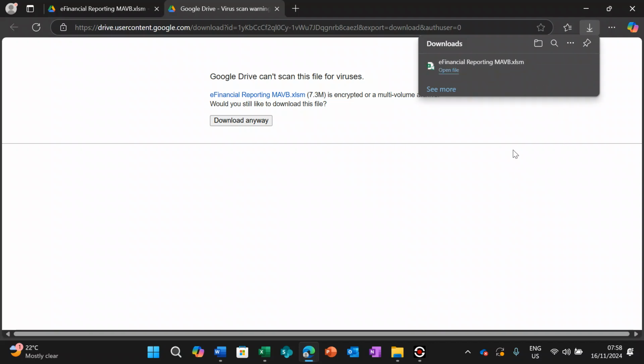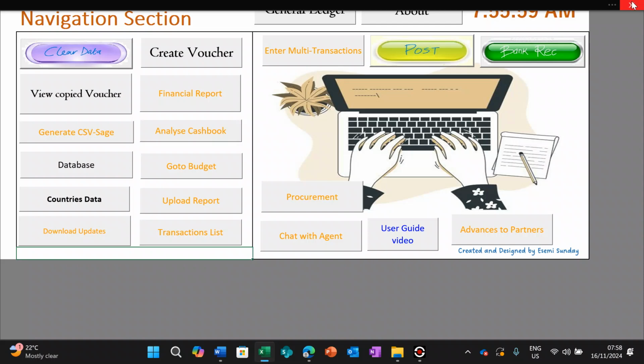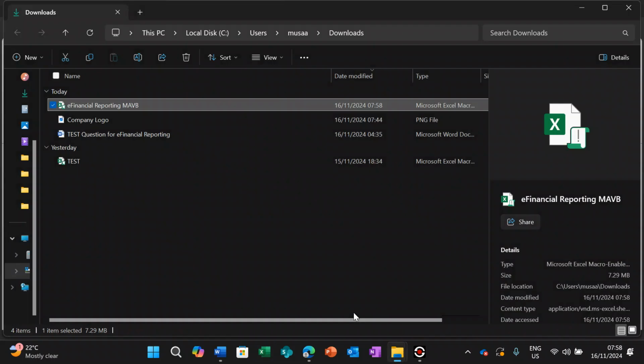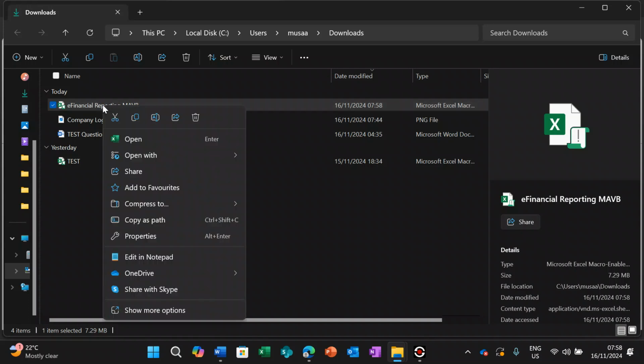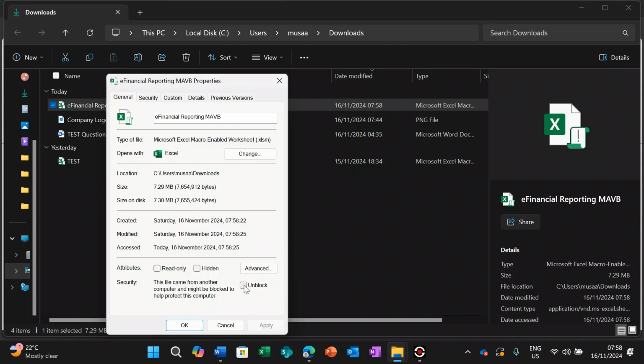Then in your download file, you open up your download file. You see the module there, right? So quickly, let me close up this, that is the test module, and open the one I downloaded. This is the one downloaded, titled e-financial reporting, MAVB. So before opening it, I will right click on it and go to property and unblock, because it's a